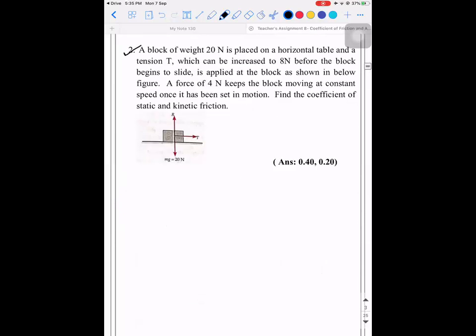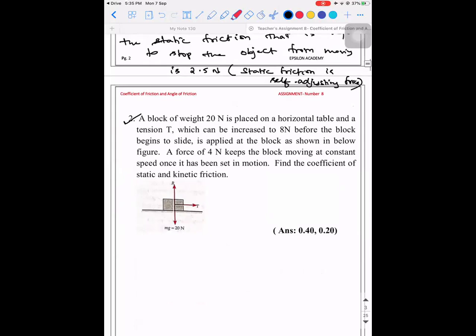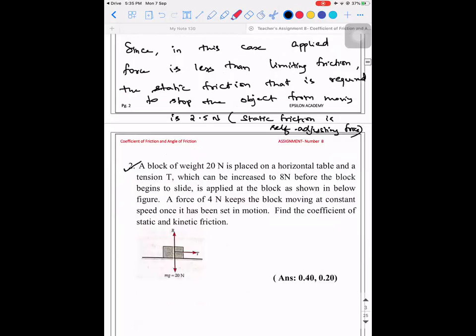Next. So I have a doubt. Is static friction the only friction that's self-adjusting, sir, or even kinetic and rolling friction? No, it is only static. So if this were kinetic friction, sir, then how would we have given the answer? Then the question will be about the amount of acceleration the object has.